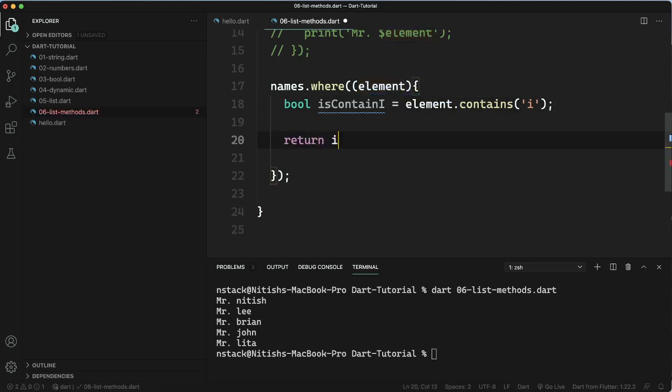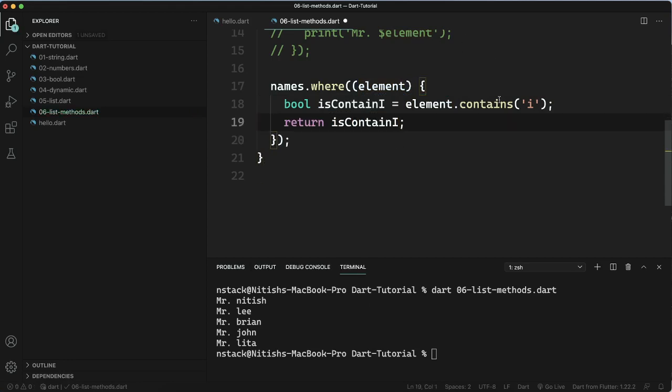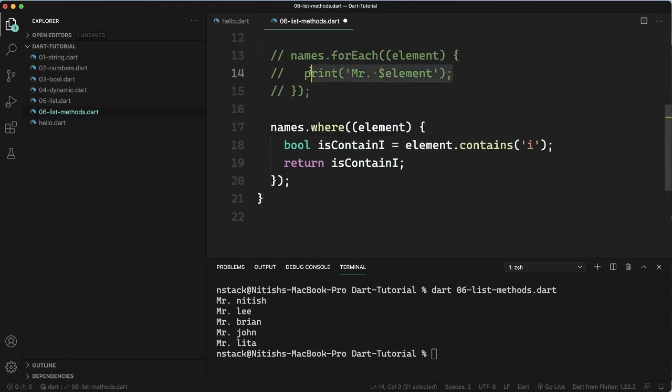So let's return is contain I. Here you can see that instead of printing the element, like in the for each where we were printing things, we are checking if the name contains I or not. If it contains the I, it is going to return true. If it does not contain, it will return false.